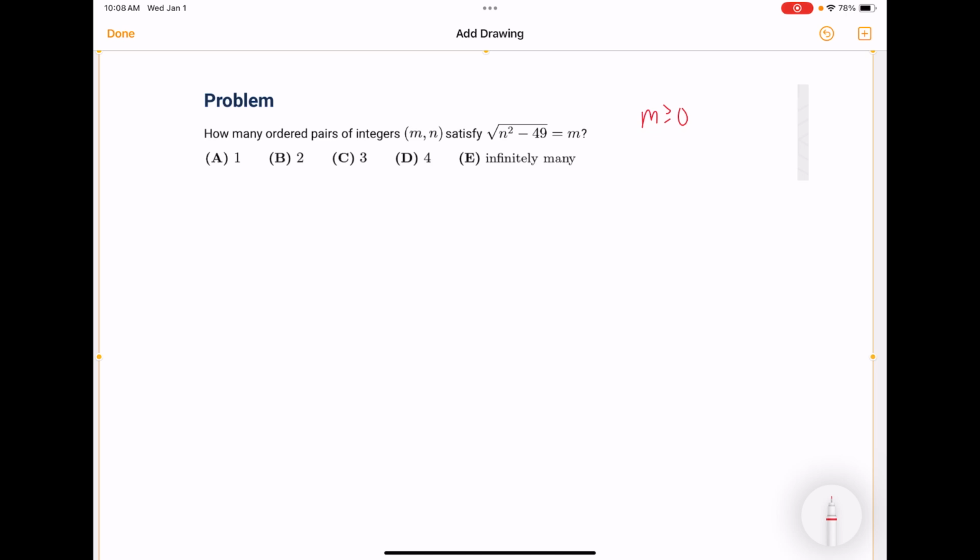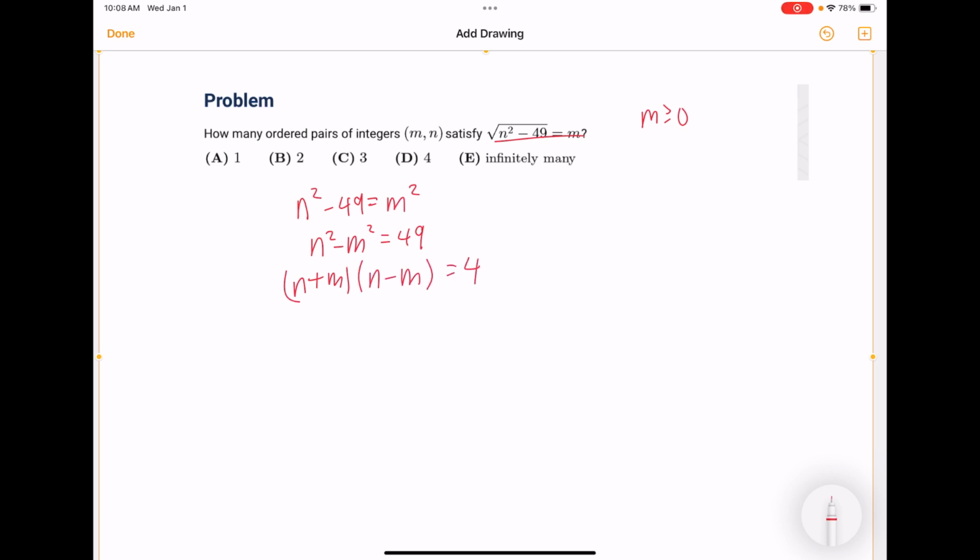And now we can start off by squaring and rearranging and just simplifying this equation. By squaring both sides, we get n squared minus 49 is equal to m squared. And then I'm going to move m over to get n squared minus m squared is equal to 49. And then I'm going to apply the difference of squares here to get n plus m times n minus m